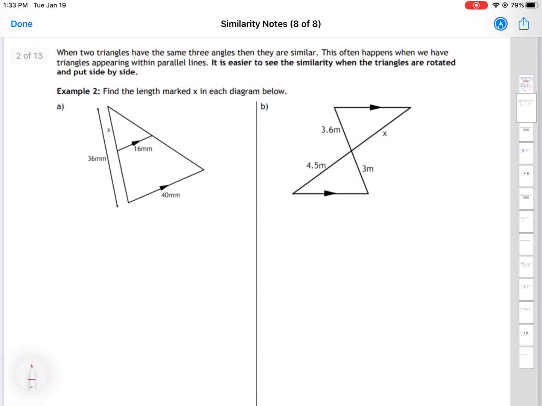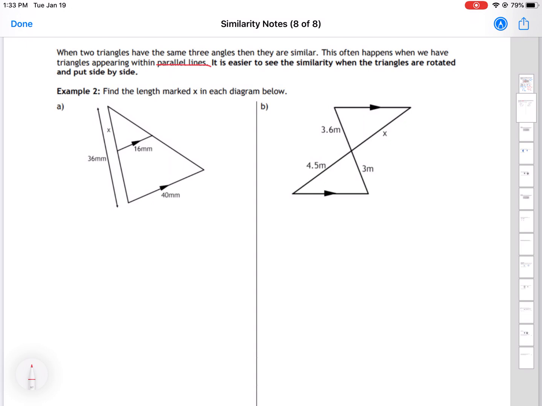Similarly, we can take lengths with these triangles here. Now this is more of an exam type question for finding the length based on similarity work. Okay, so 2 triangles with the same 3 angles that are the same size are similar. It often happens when we have triangles included within parallel lines. Okay, if you're not told that these parallel lines are here, then you cannot be sure that the triangles are